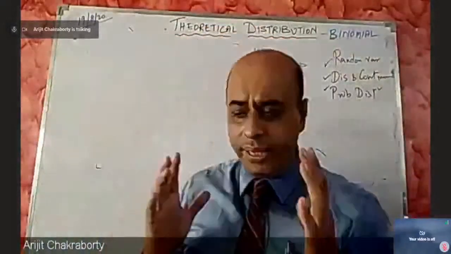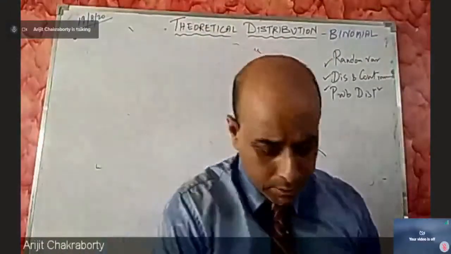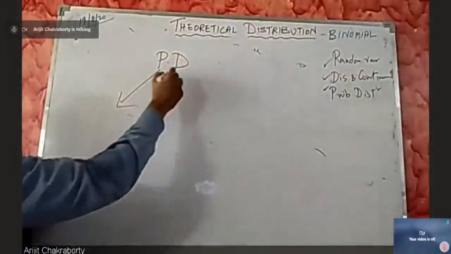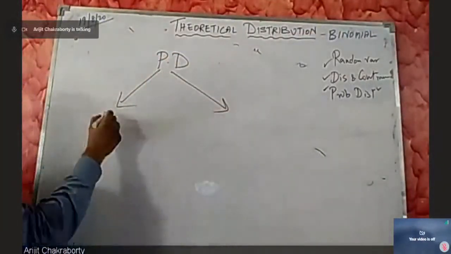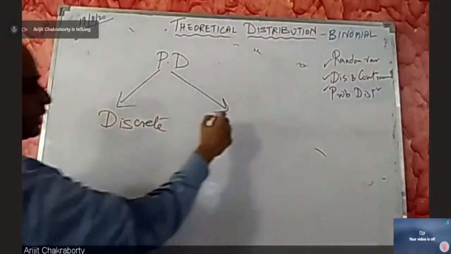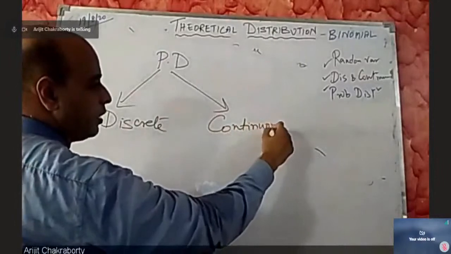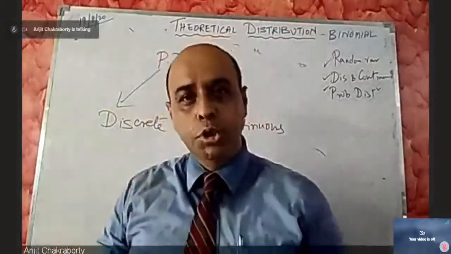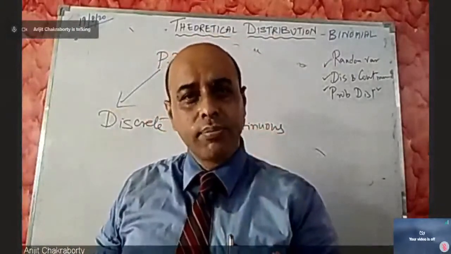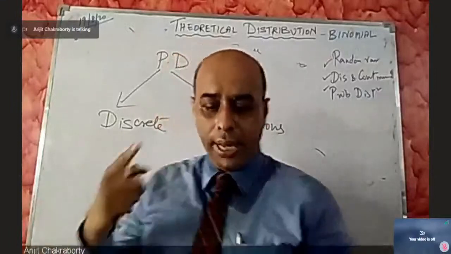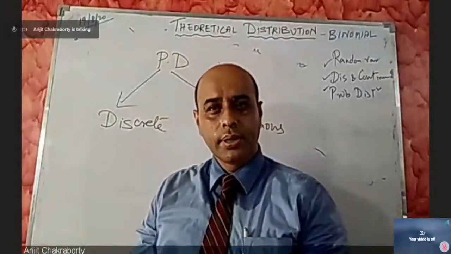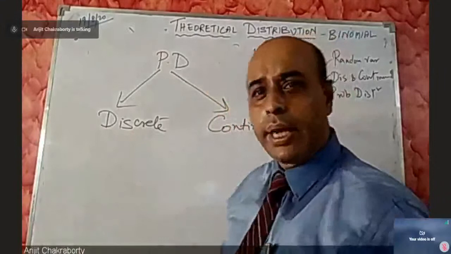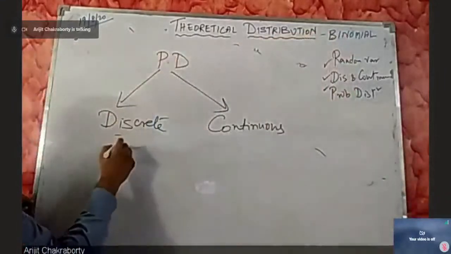First is, in case of binomial. Now, probability distribution, let us break it up. I am writing PD, probability distribution. They are divided again into 2 parts, discrete and continuous. Discrete probability distribution means the probability distribution of those random variables which are discrete in nature, like number of defectives, where there are, say, 2 outcomes. Examples of discrete probability distribution, number 1 is binomial,